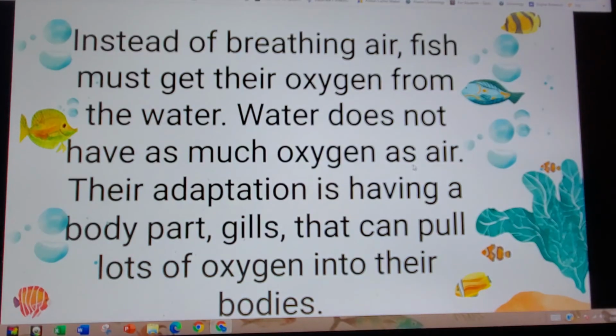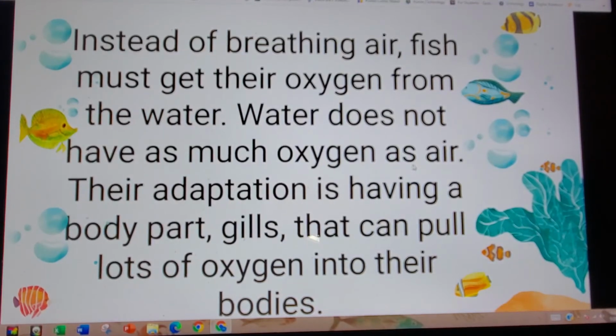Alrighty. So again, instead of breathing air or getting their oxygen from the air, the fish have to get their oxygen from the water. Now, water doesn't have or hold as much oxygen as the atmosphere does. So their adaptation is being able to just, as they're swimming, water is hitting their gills and pulling the oxygen